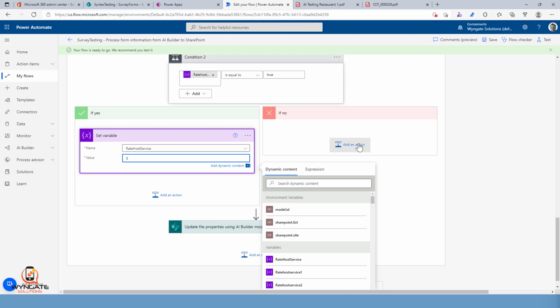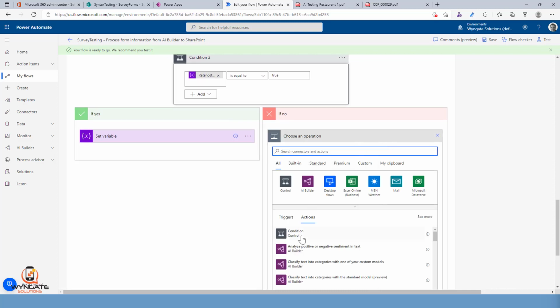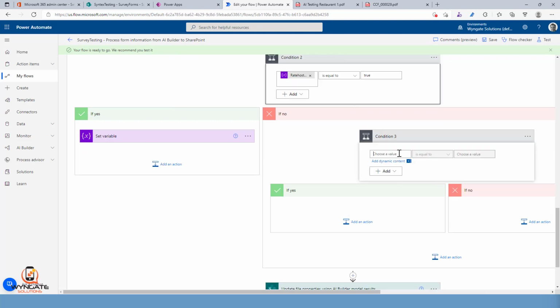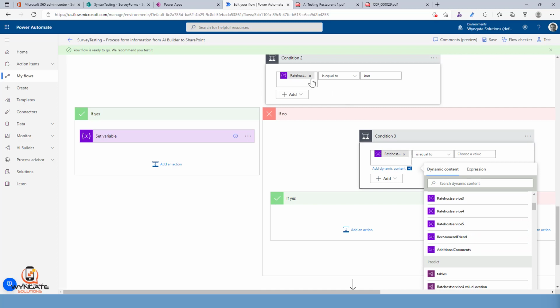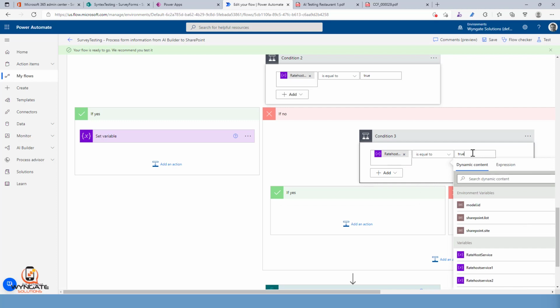But if 5 was not set to true, then click on no, add another condition over here, say rate host service 4 and set it to true,